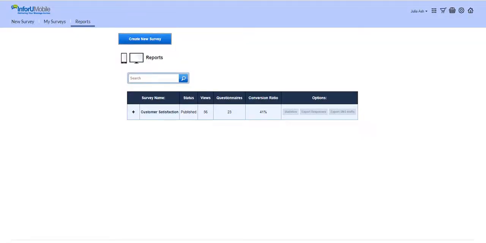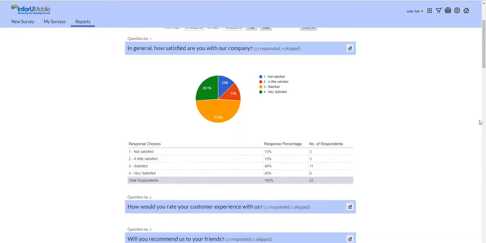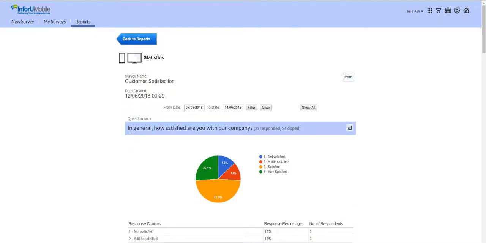The report screen shows us the various surveys we've built on the platform. We can see the name of the survey, its status, whether it was published or not, how many views it has accumulated, how many questionnaires were actually filled, and what was the conversion rate. We'll press on the Statistics button and go to the screen in which we'll be able to see the data in more details. We have here a representation of all the questions that were included in the questionnaire. For each question we can see the phrasing, we can see how many people responded to it and how many skipped it. Each question is represented by a pie diagram,